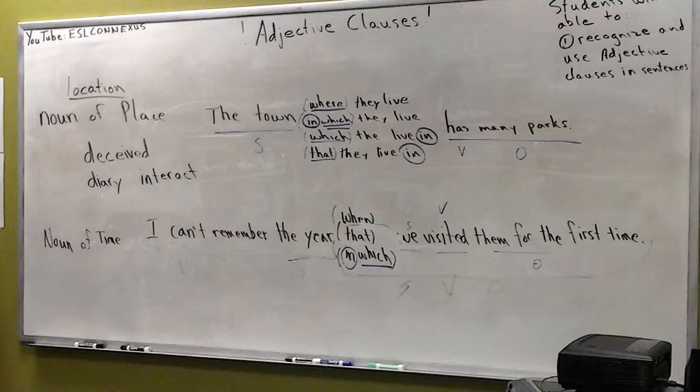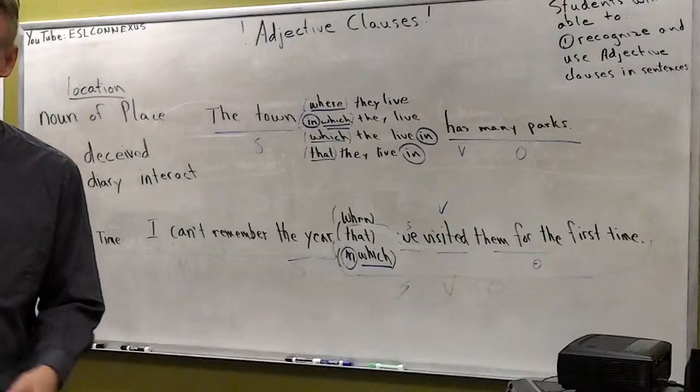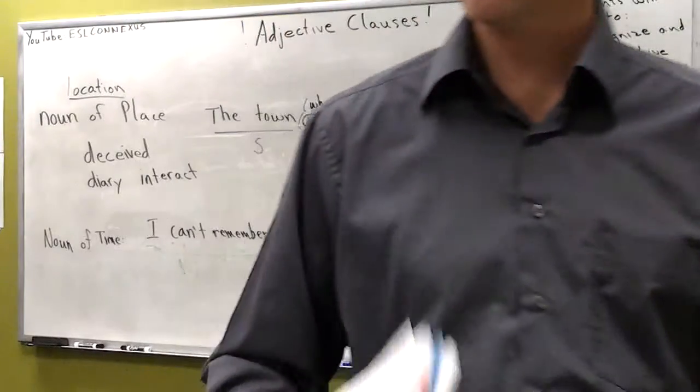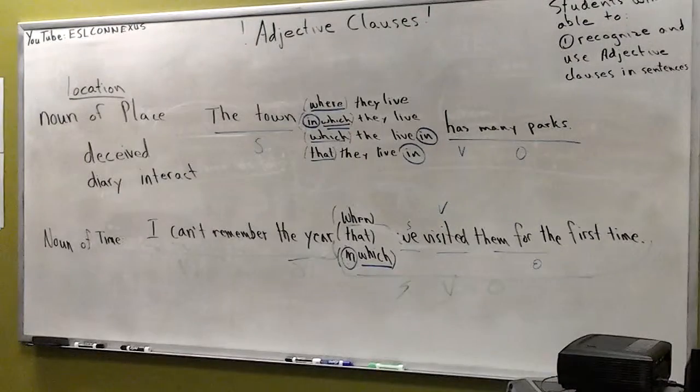Okay. So everything's equal. It's right. Let's go. Turn the page. Let's practice. So can I say the noun of time or adjective clause? You have two subjects, two verbs, two objects.